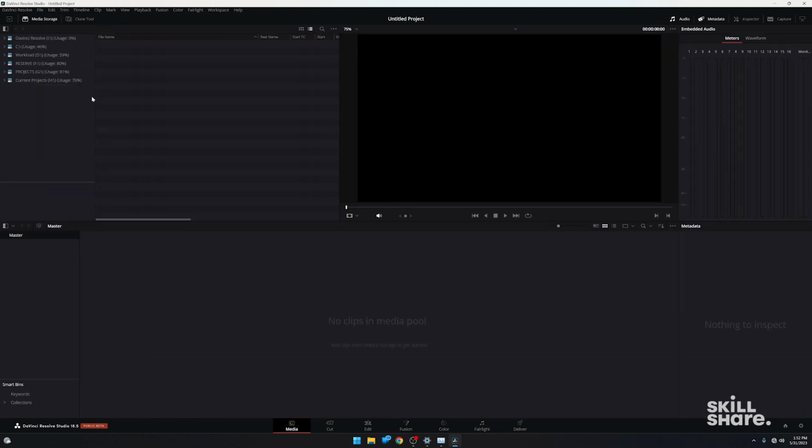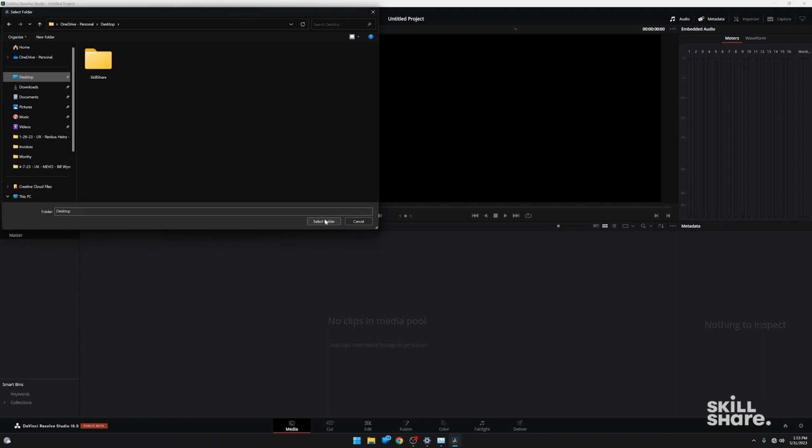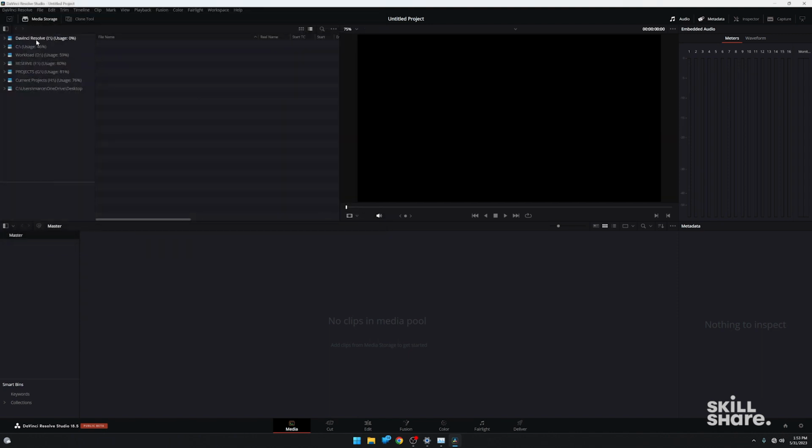So if we come back over to the media tab, I'm actually going to bring in some footage. And you can see in my hard drive list to the left that I've got all my hard drives here, but I actually want access to my desktop, and I want it fast. I don't want to have to dig through my folder structure. So I can just right-click in this list and add new location. And then I can go up here to my desktop and click select folder. And now I'll have my desktop in this list, and I can go up to Skillshare where I have my